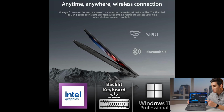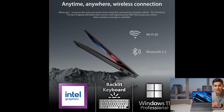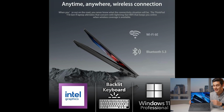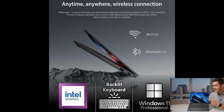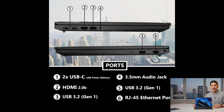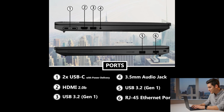It is getting incredibly rare to find a built-in Ethernet port on a modern, sleek laptop, but Lenovo knows that true professionals still desperately need it. Furthermore, you get a dedicated HDMI video output port. This means you can seamlessly connect to external displays, office projectors, or televisions without needing to remember to pack a frustrating bag full of dongles and adapters. This machine is universally compatible with external monitors, mice, keyboards, storage devices, printers, and any other accessories that utilize USB, HDMI, Thunderbolt,